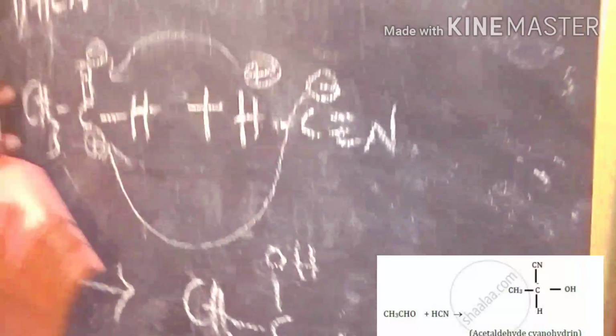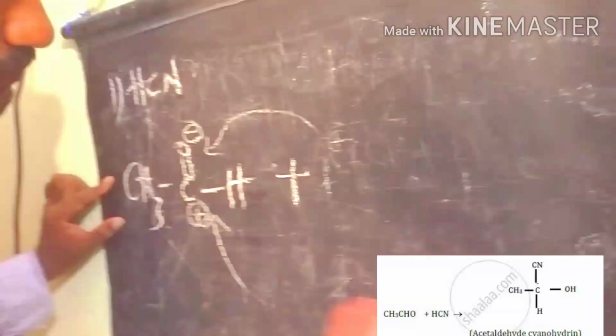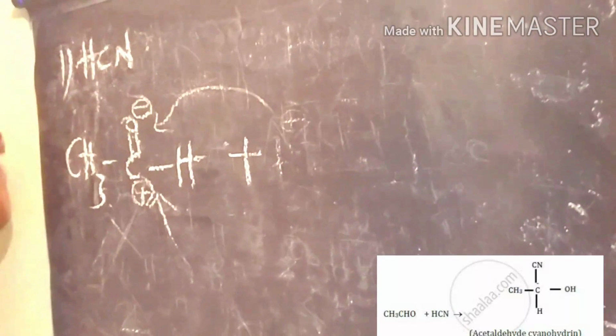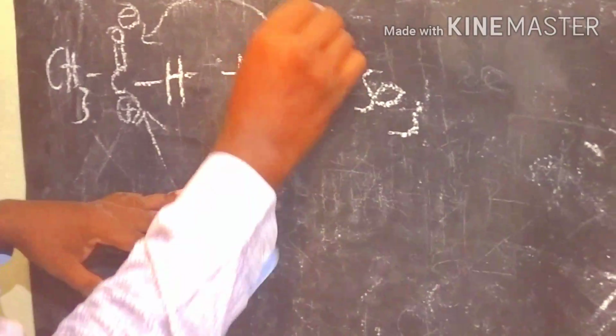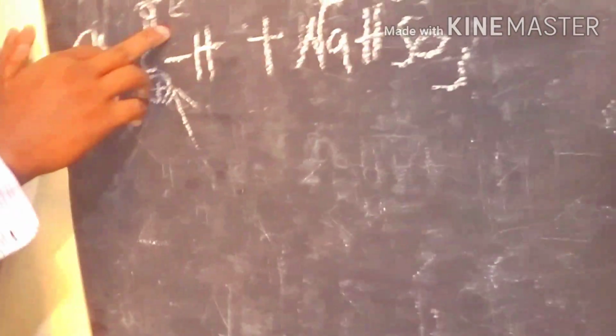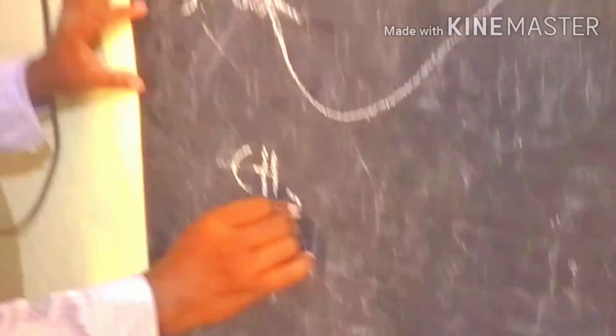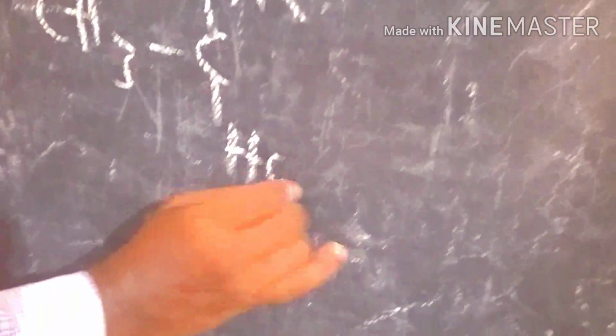Next, the reaction with sodium bisulfite. It is also one of the addition reactions, and a very simple reaction. NaHSO3: here sodium has a positive charge and this group has a negative charge. So the plus ion goes to the minus and the minus ion goes to the plus. What is happening? CH3, CO, Na and HSO3 plus H. So this is the compound we get from the reaction with sodium bisulfite.